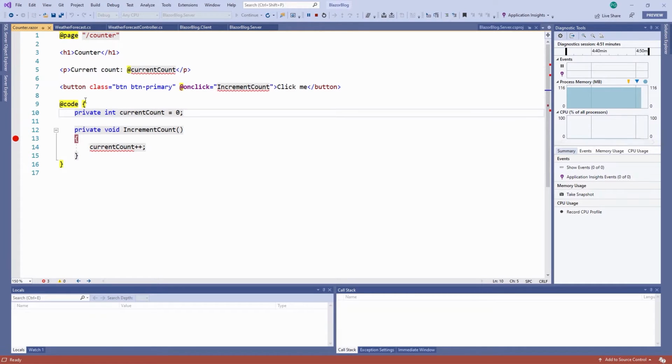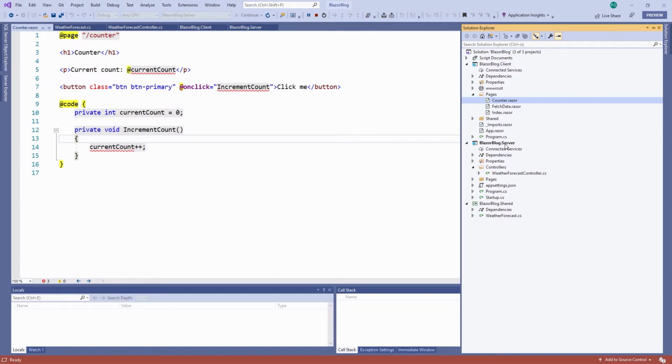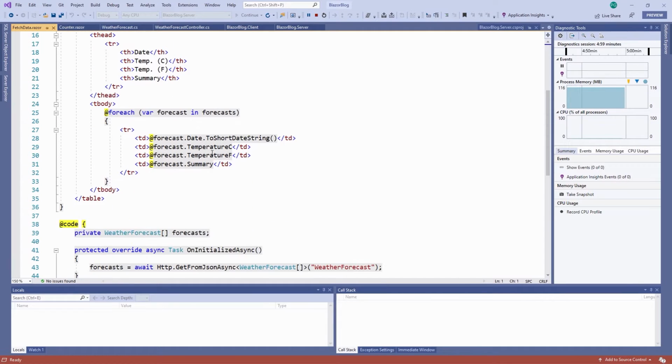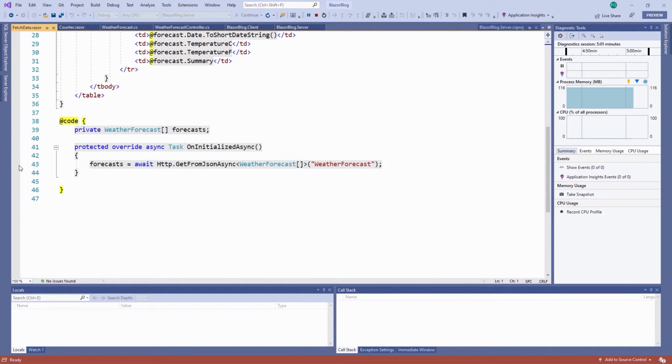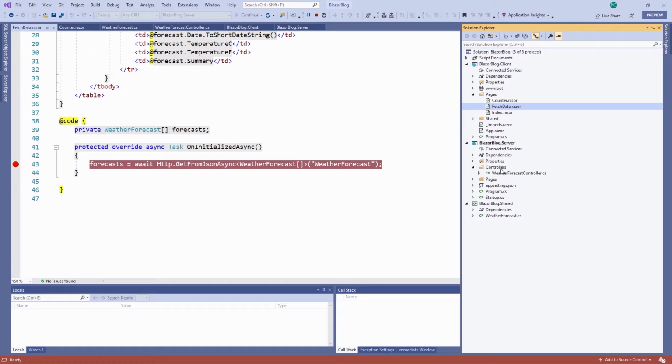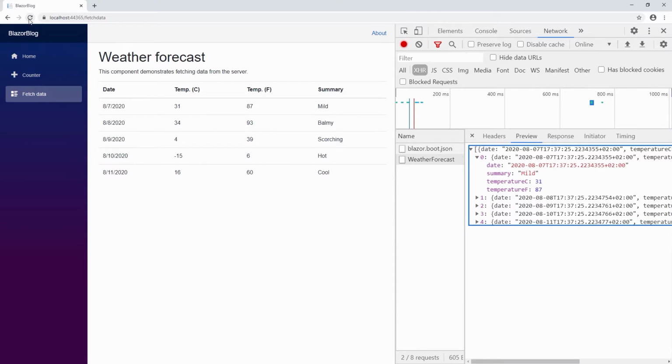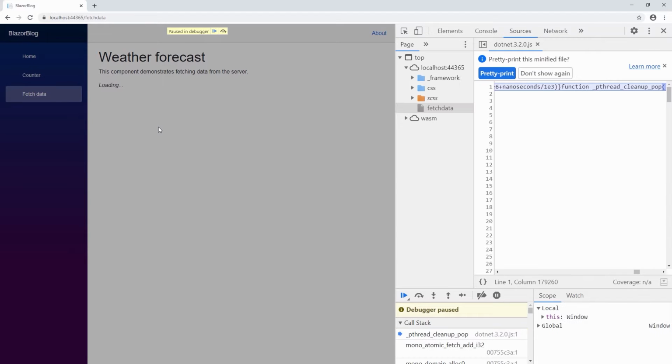Let's say we do this in the weather forecast. So for instance, we go to the fetch data component and we say, I want to make this call. Remember, this is the client code. And then we go to the server code and also go into the get method. So I have two breakpoints here, client and server. And when I now go back to the application,